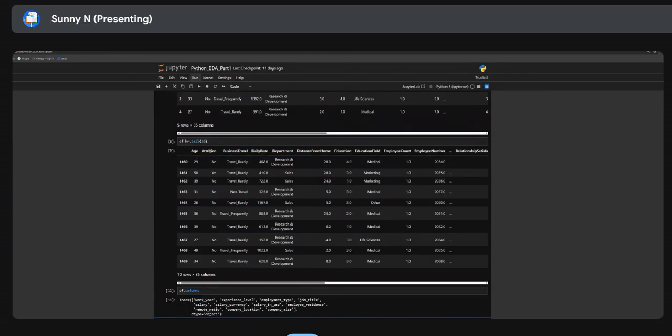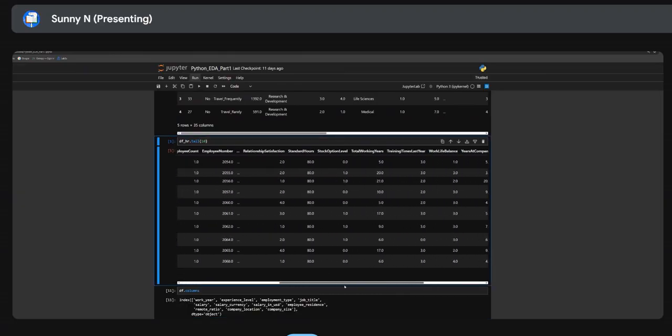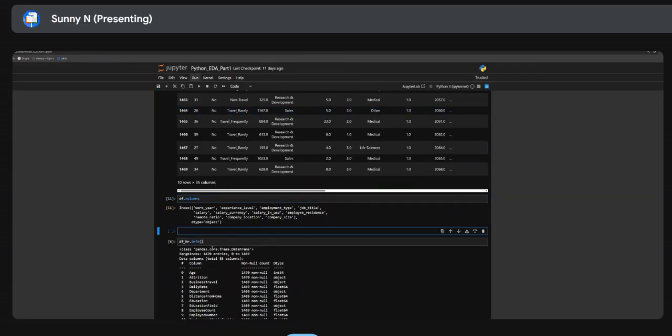Age, attrition, all these columns we are talking about. If you want to do some analysis, in Excel you do it. Don't get overwhelmed with this. You're going to learn all these things. If I want to do dot, now I'll teach you the drop down menu. After typing, if I press